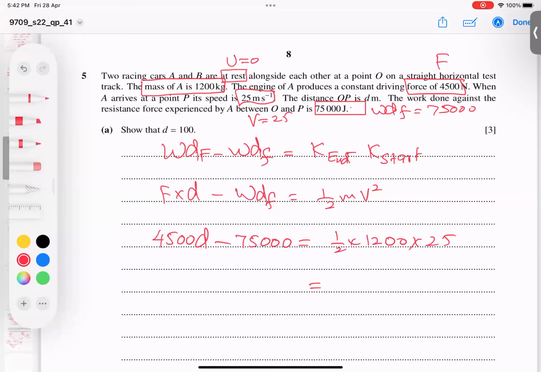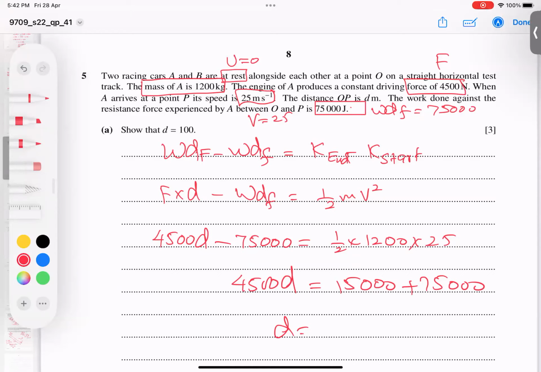Now if I simplify, I get 15,000, and this value will go and add to 75,000, divided by 4500 for the distance. And finally, if I check it, it means 15,000 plus 75,000 divided by 4500, and I got